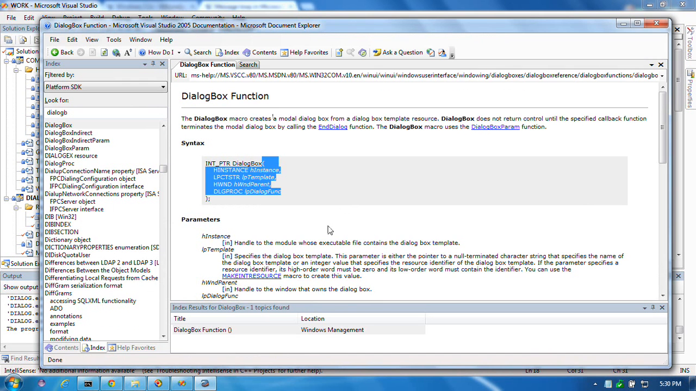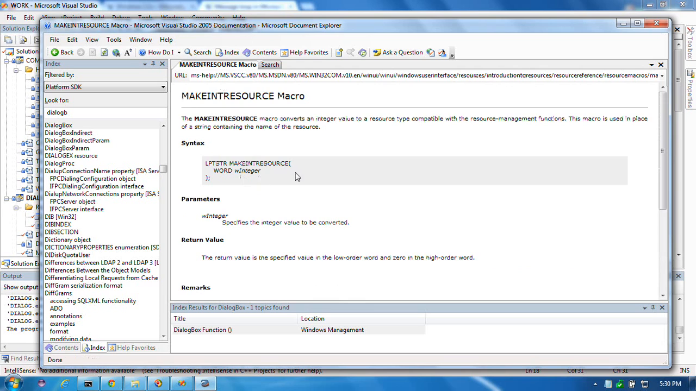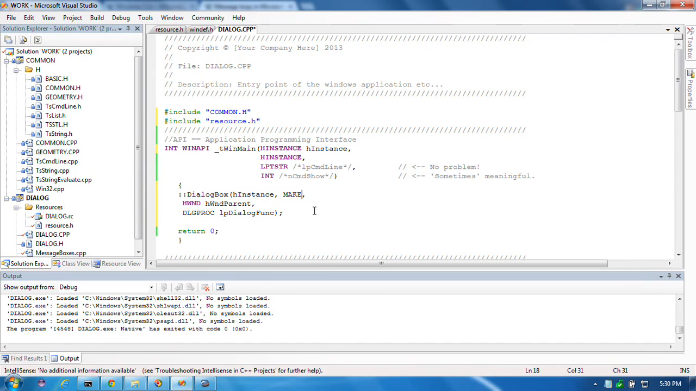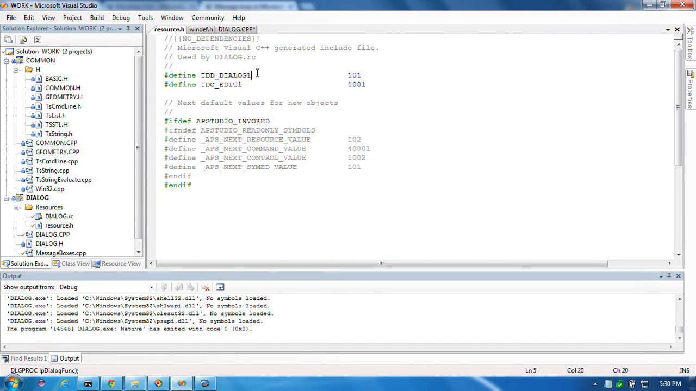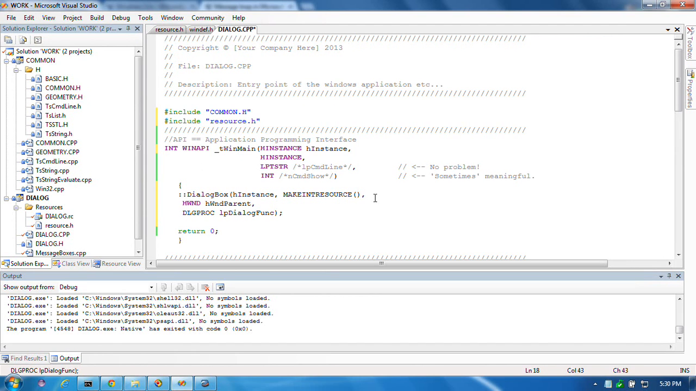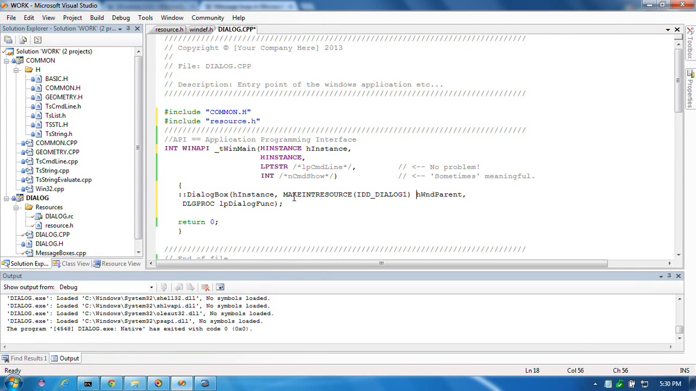Well, it tells you how. You just take this, use this macro, and inside here put the identifier of the resource that you want, in this case, to be made into a dialog. And the next thing, a handle to the window for the parent, which we don't know. We can put null. Null is fine. And then the last bit,